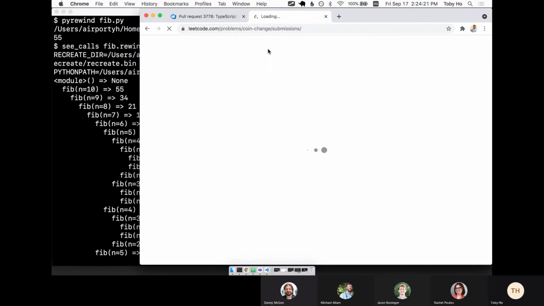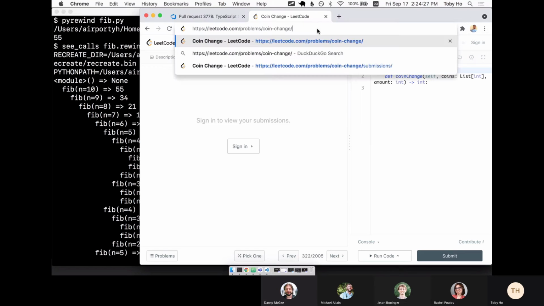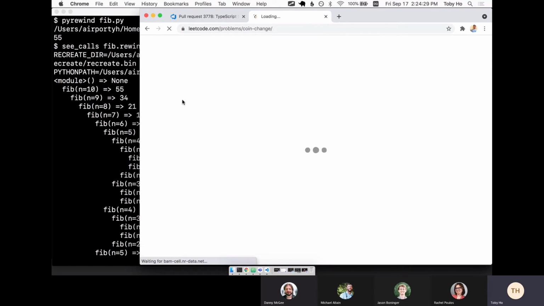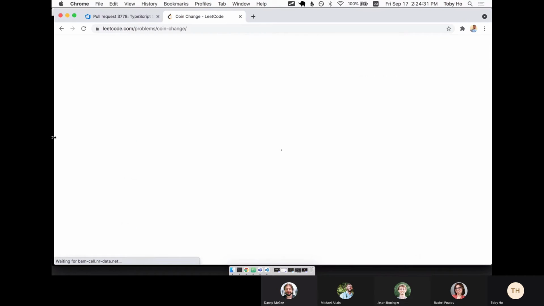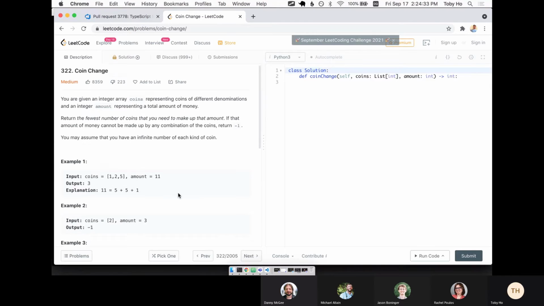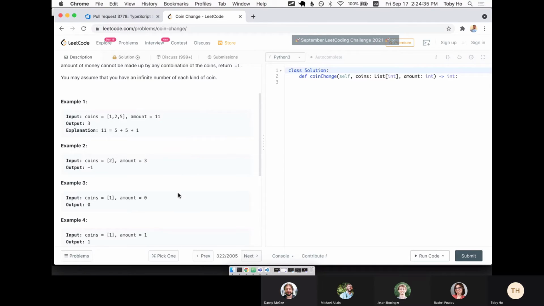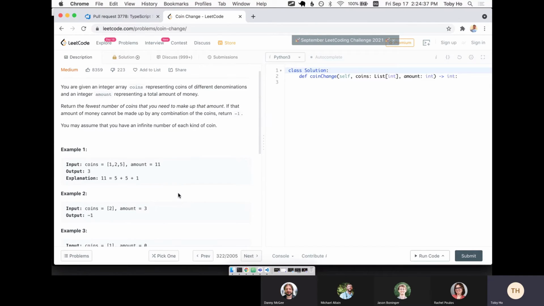Yeah. Okay, so this is the coin change problem, and it's basically saying you're given a dollar amount, and